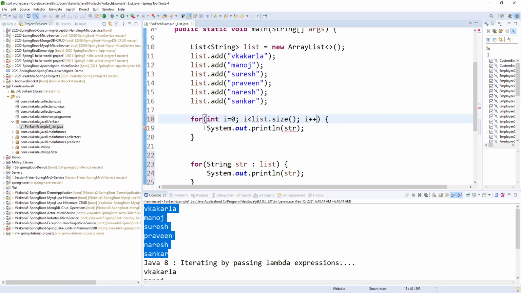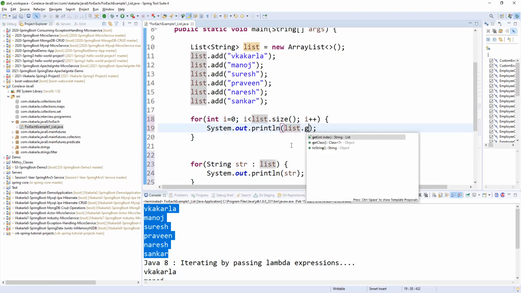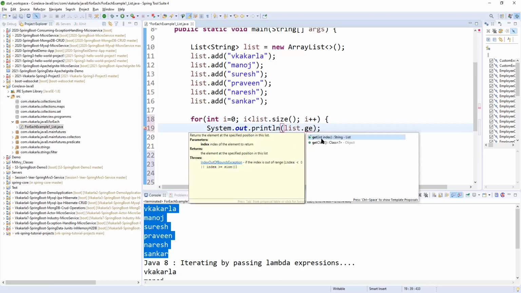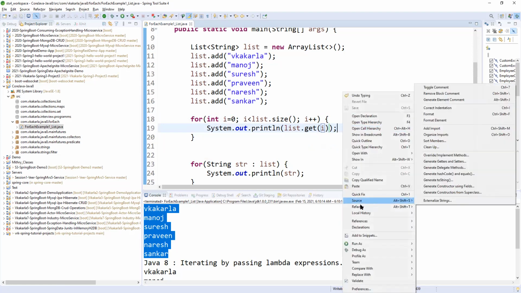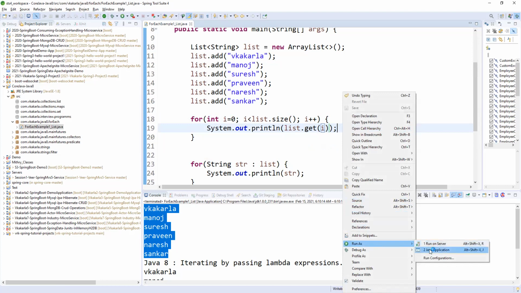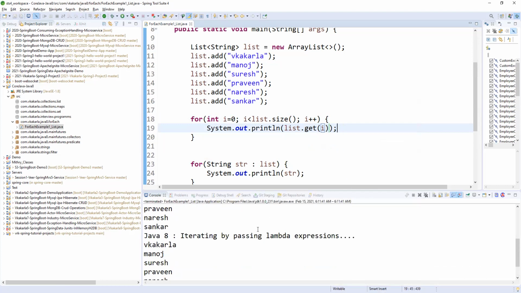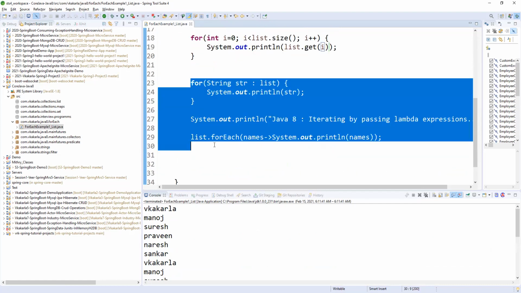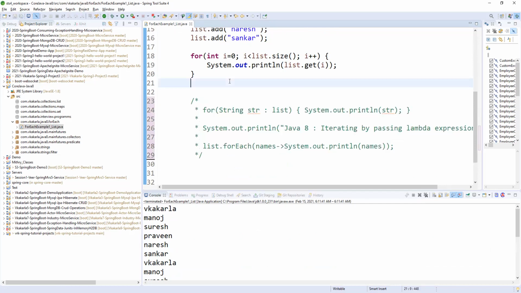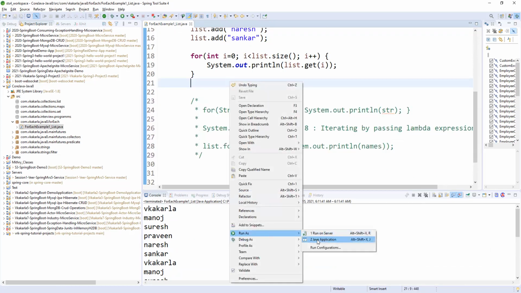But how are we going to print a list element? Yes, list.get(index). We add with list.add, and now we can get the elements using list.get. Let me run. Yes, we are getting them. If you comment this out, you will get the elements.